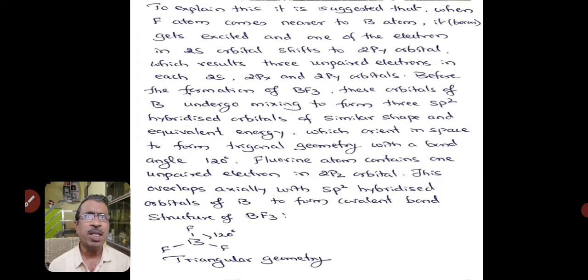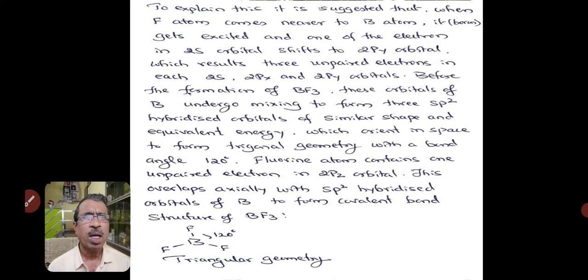To explain this, it is suggested that when a fluorine atom comes nearer, the boron atom gets excited and one of the electrons in the 2s orbital shifts to the 2py orbital, which results in 3 unpaired electrons in the 2s, 2px and 2py